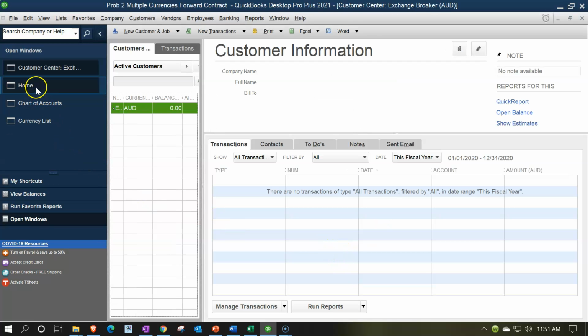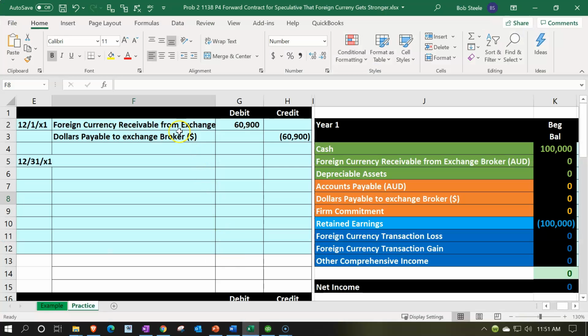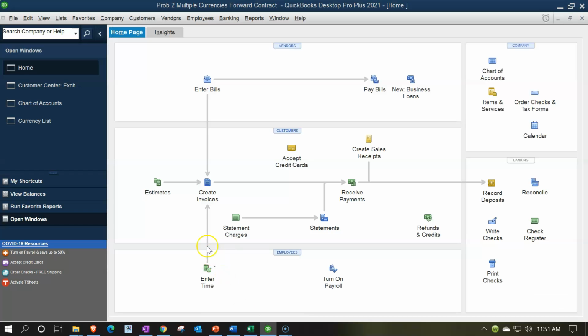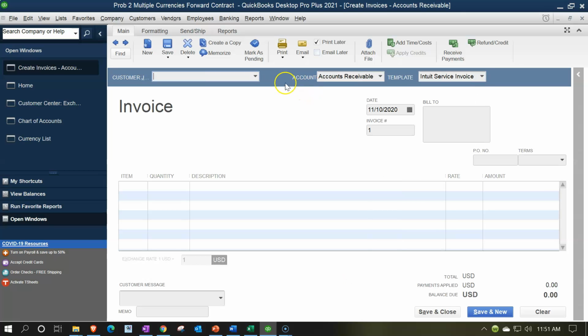And then I can go to the home page and I could set up this side of the transaction. I could set up this side to the receivable with an invoice. The other side will typically go to sales, right? But we'll see what we can do with it. We got the invoice here, and we'll set that up. I'm going to then close out this side. I'm going to set it up for that customer that we just created. I want to make sure it's going to the accounts receivable for the foreign currency, which it is, so that's good. The date here we have on the 12/1, so I'm going to say